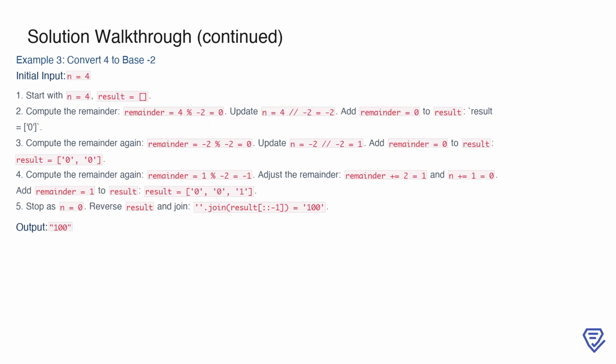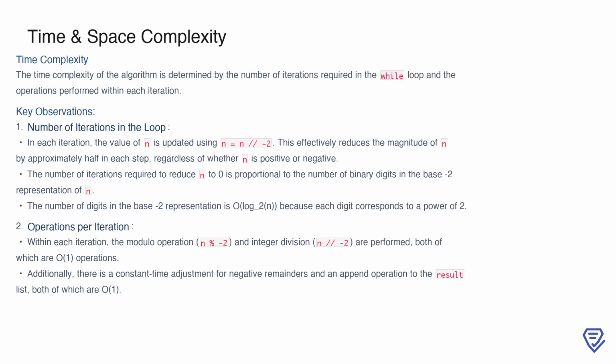Since this remainder is negative, we adjust it by adding 2 to make it 1 and increment n by 1, resulting in n equals 0. We append this adjusted remainder, 1, to the result list, making result equals 0, 0, 1. With n now 0, the process is complete. Reversing the result list and joining its elements gives the base -2 representation 100. The output is 100. To analyze the time complexity of the algorithm, we start by looking at the number of